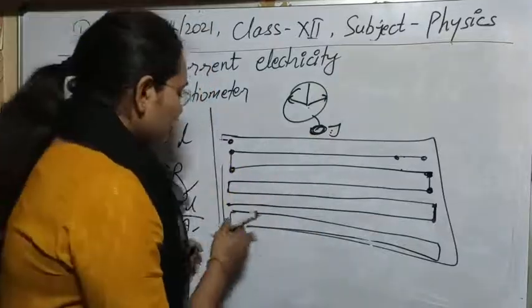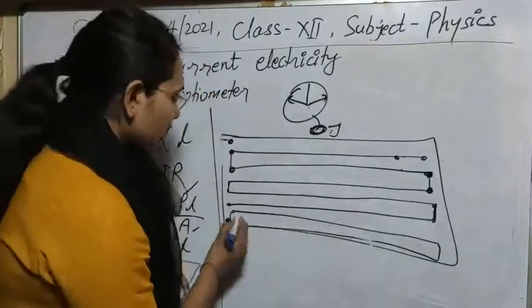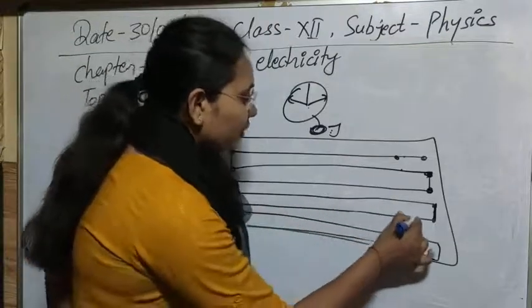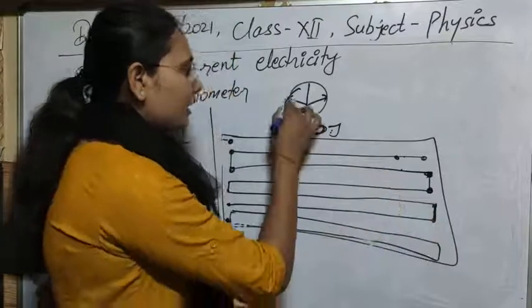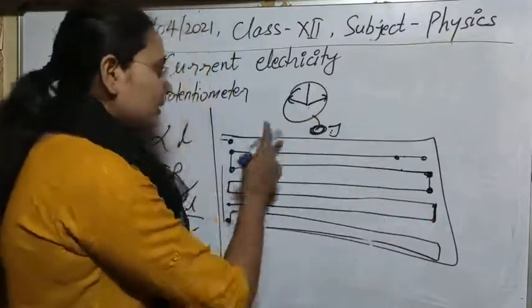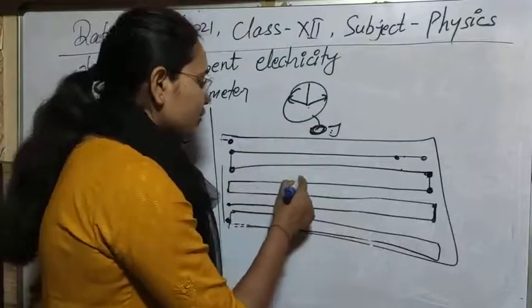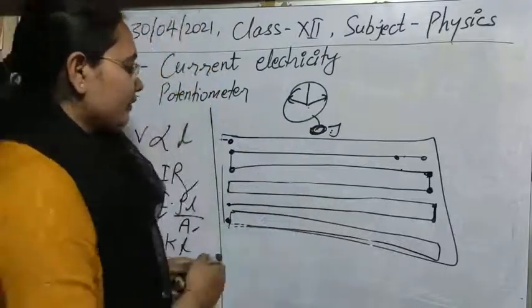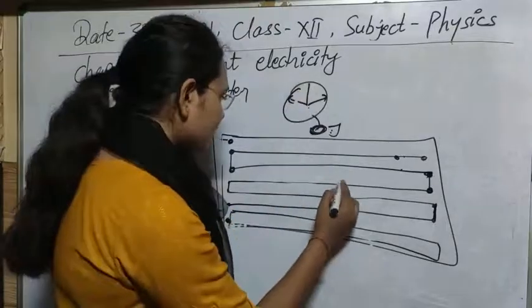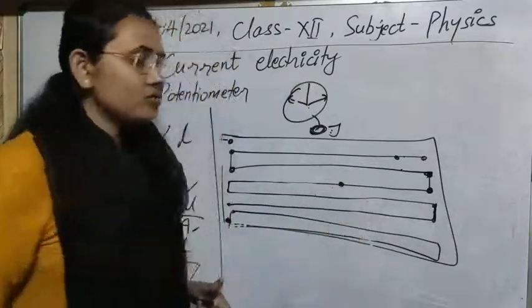So we start to move the jockey on this. Suppose this is our jockey and we start to move along this wire. On the movement, suppose the deflection is on the left side, we still move on it and the deflection is still on the left side. Suppose as we keep moving, the deflection starts to decrease, and at some point this deflection becomes zero here.